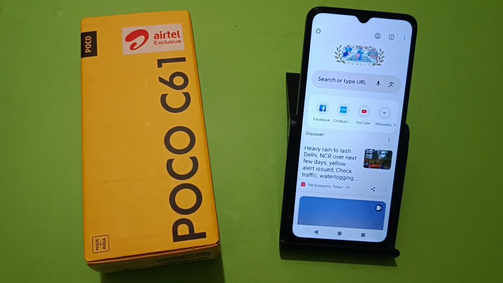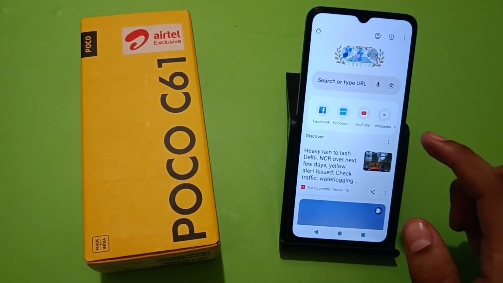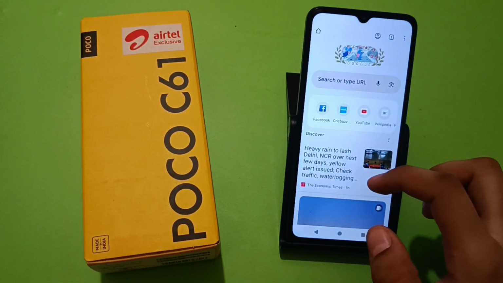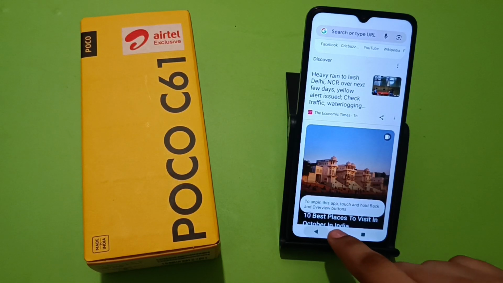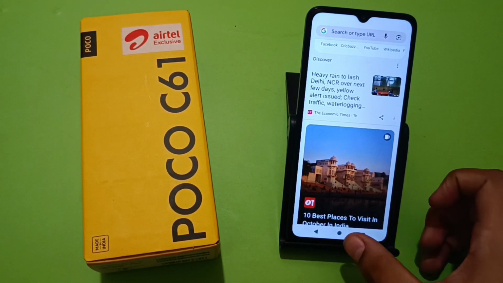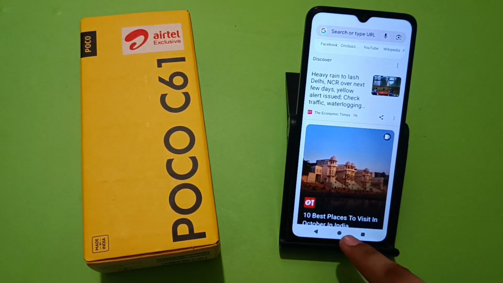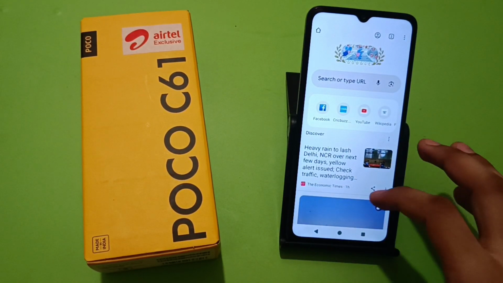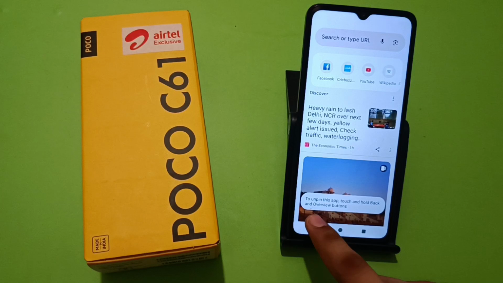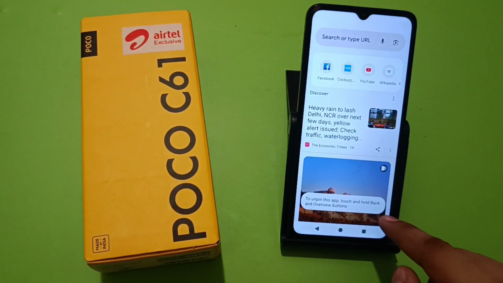In this video I'm gonna tell you how you can fix your app pinning feature in a Poco smartphone. You can see I just went back to the home screen, and it is not backing up. You can see I am tapping on it and it is a pinned app. When I just tap on it, it says to unpin this app, touch and hold back